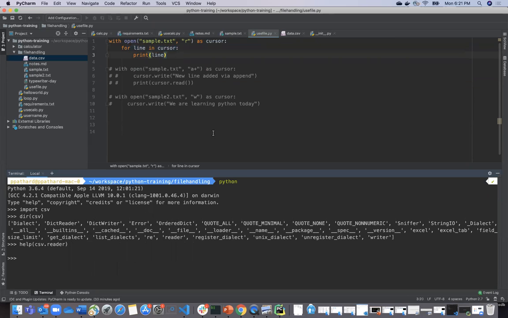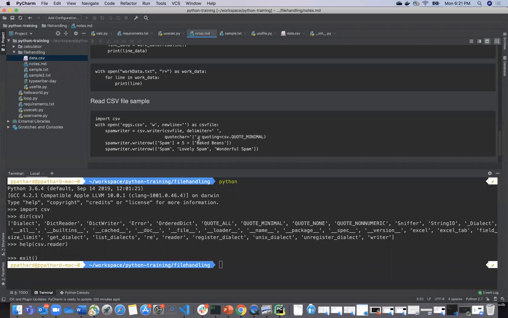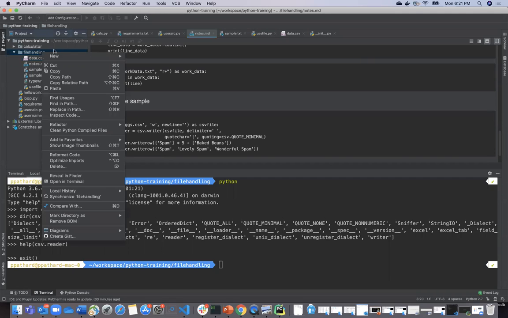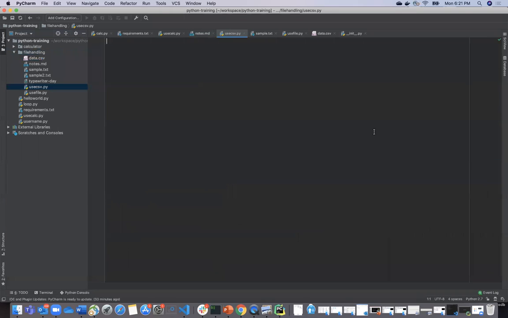So let me show you an example. Here I'm using this particular file, and I'm going to open it in read mode, and you will basically do a reader. Let me create a different file now, say use_csv.py, and I will do import csv.